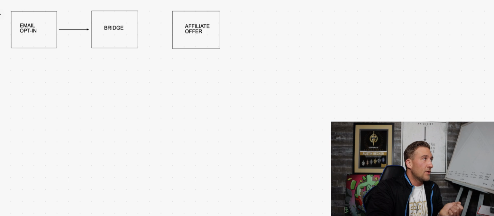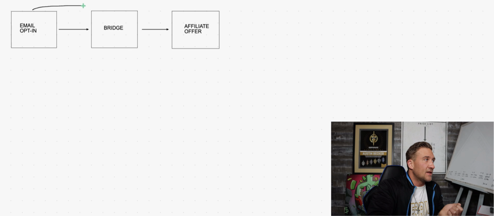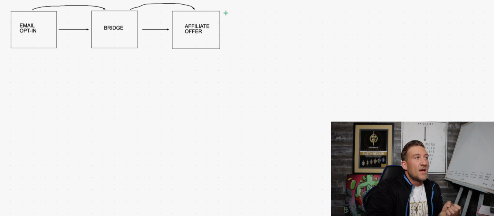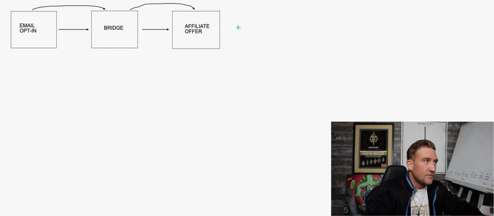Let's grab an arrow and not a redo button. I'm already on arrows. We'll draw an arrow. Let's grab a curved arrow, right? Let's say your customer goes from the email opt-in. They're going to go to the bridge page. From the bridge page, they go to the affiliate offer. I guess we already had arrows. But from there, only realistically, we'll say maybe